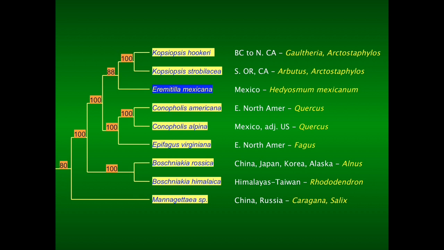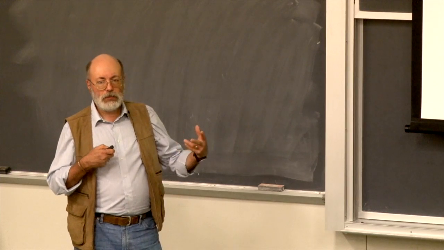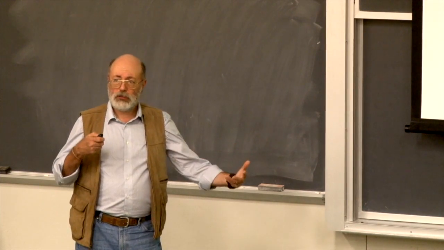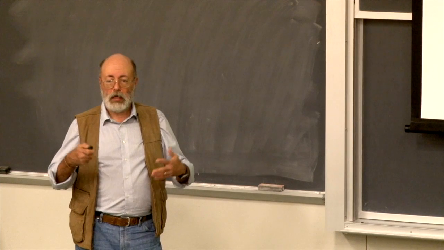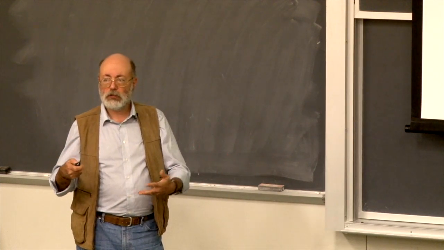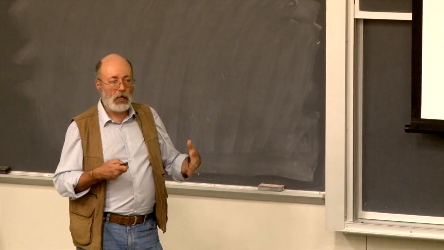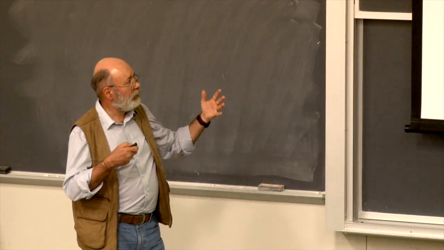Arematilla is on this Chloranthaceae, which is a very different host. Conophilus, the two species, are on oaks, Quercus. Epiphagus is on beech trees, and then we have these other species that also have different hosts. So these things diversified some time ago in different places of the world and are doing different things with different hosts. And the bottom line is that there's tremendous